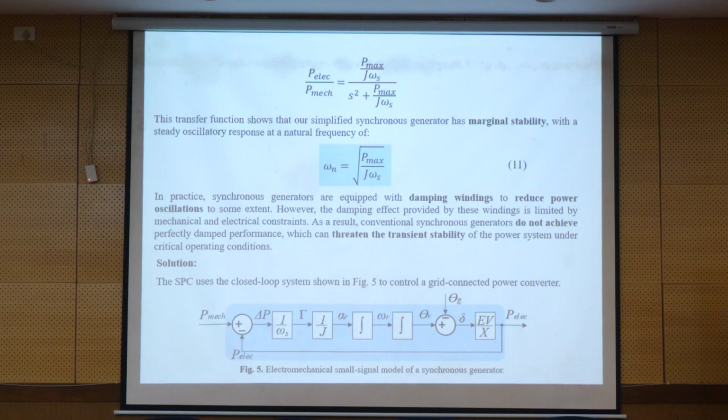So we have some problems for the transient stability of the system. When a transient issue happens in the power grid, it cannot damp it fast or perfectly, so they are always fluctuating. By this, we need to provide a solution, and the solution is the SPC,